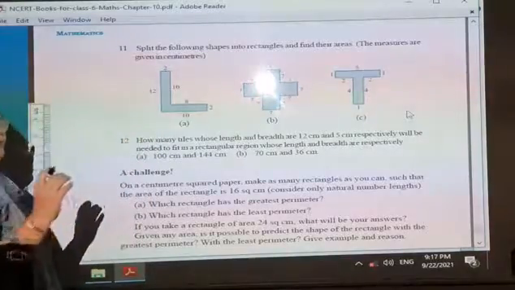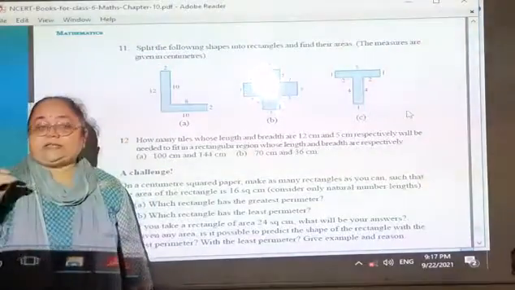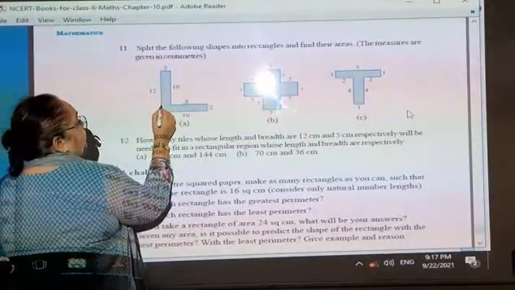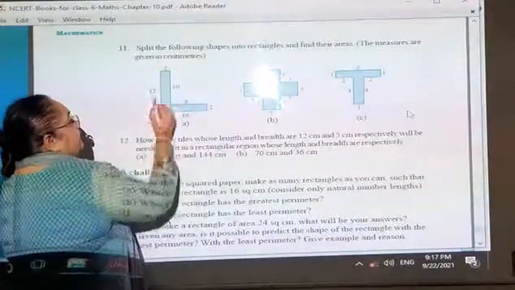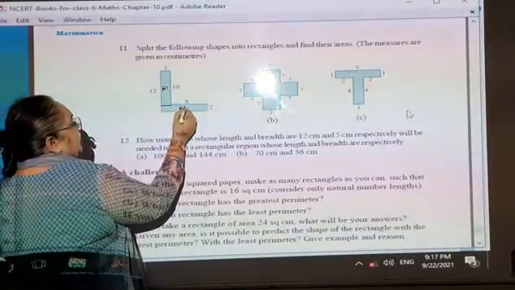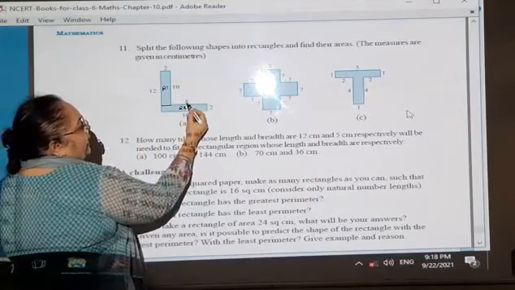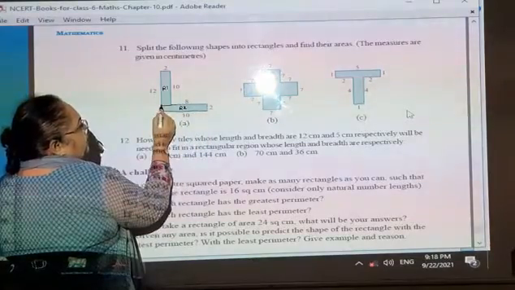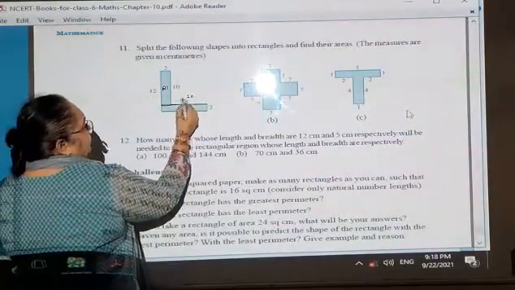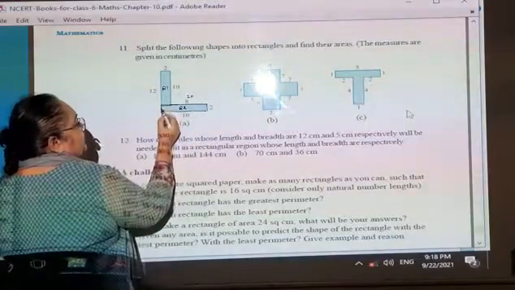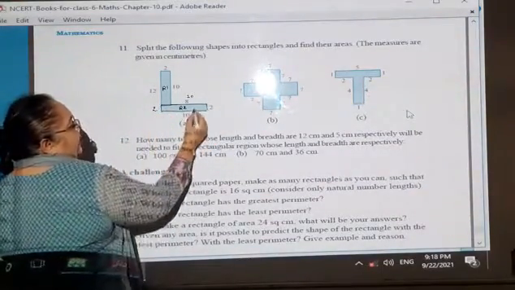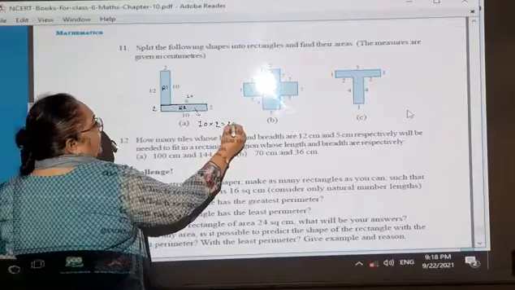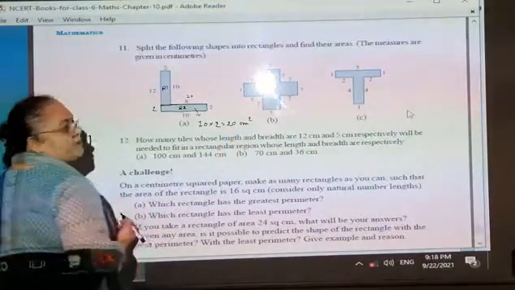See, first of all, we have to use our wisdom and smartness to make the question easy. So to make this question easy, I am going to divide it from here. This one is rectangle 1 and this one is rectangle 2. Over here it is 8, but the total is 10, so this total also becomes 10. This one is 2, so this side also becomes 2. So the area of this rectangle is 10 multiplied by 2, equal to 20 centimeter square.